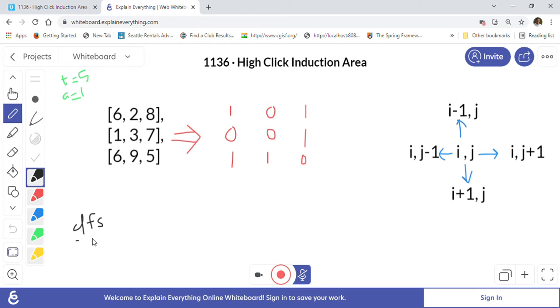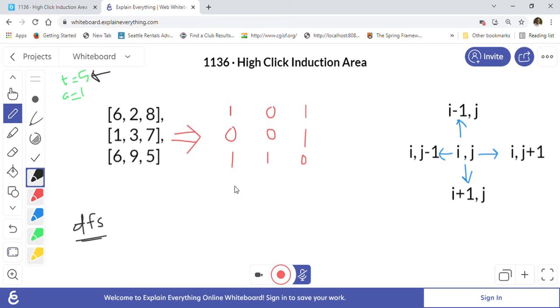We will first go through this matrix cell by cell, and whenever we find a cell which is greater than the threshold 5, we will make it 1, otherwise we will make it 0. This is the converted matrix. As you can see, all the cells which are greater than 5 are converted to 1, and the other cells are 0.